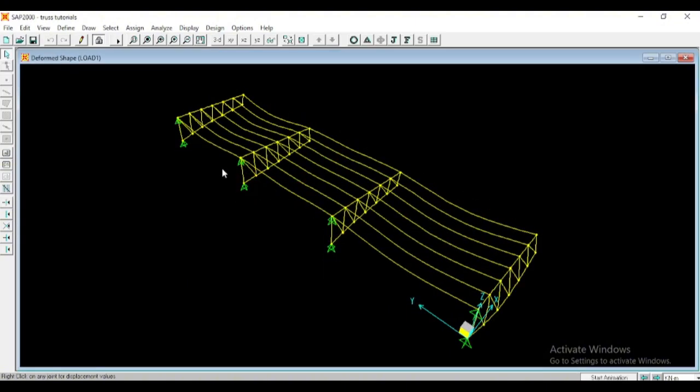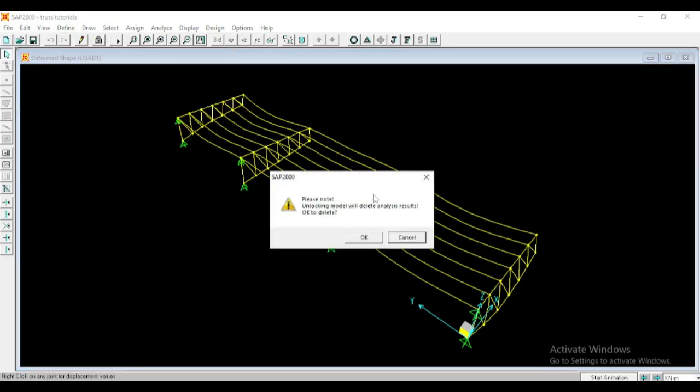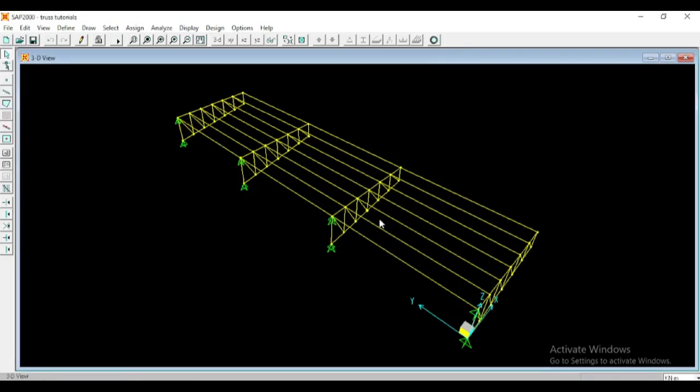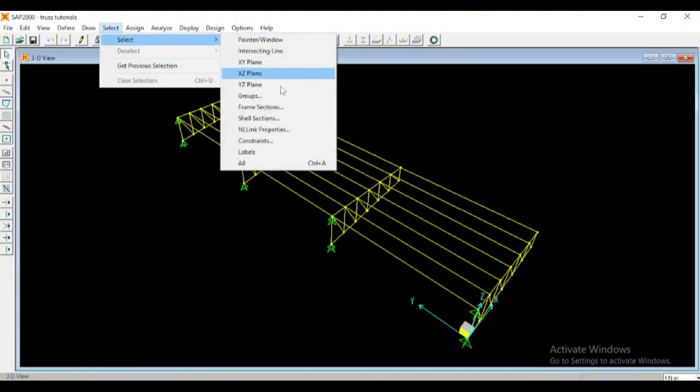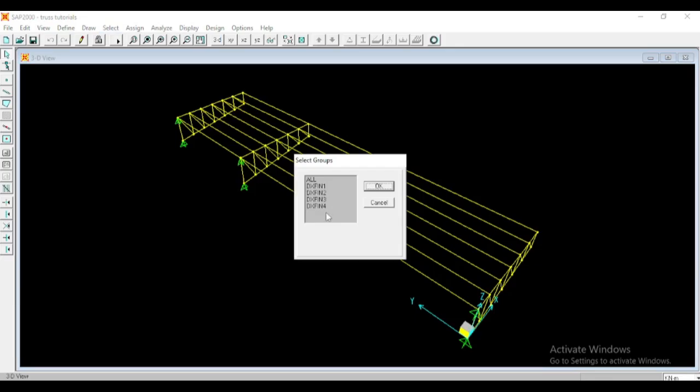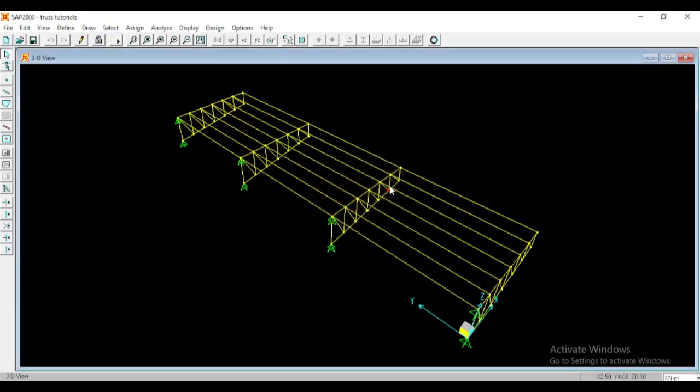Okay, so that's how it moves. Sorry, but before we analyze, I'm going to unlock that. There's one thing we forgot to do. One thing we forgot to do was to load. Sorry, we didn't load it. So I can come to select, come to groups. So my group one was my polyline, so I can just, sorry. Okay, sorry. So I can select